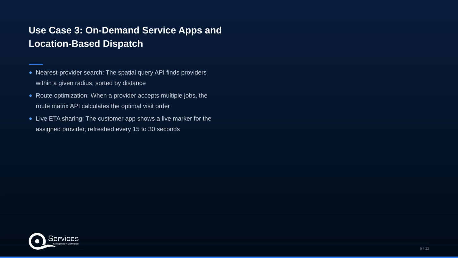Next up, use case 3, on-demand service apps and location-based dispatch. Food delivery, home cleaning, plumbing dispatch, HVAC service. All of these depend on matching a customer's location to the nearest available provider and routing that provider to the job efficiently. Location-based app development with Azure Maps gives you the spatial primitives to build this without a specialized GIS